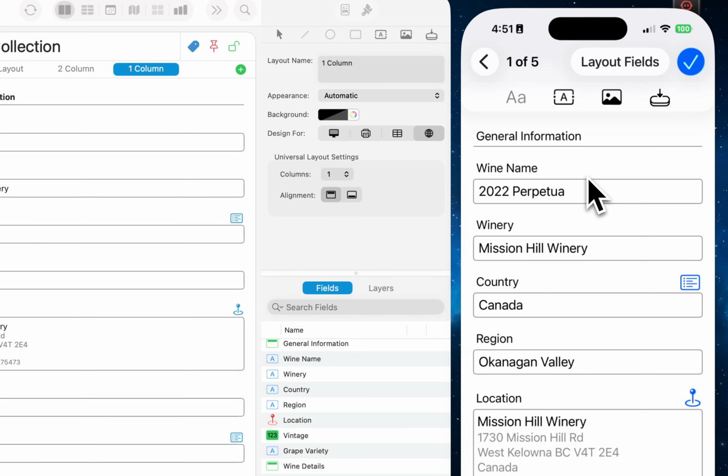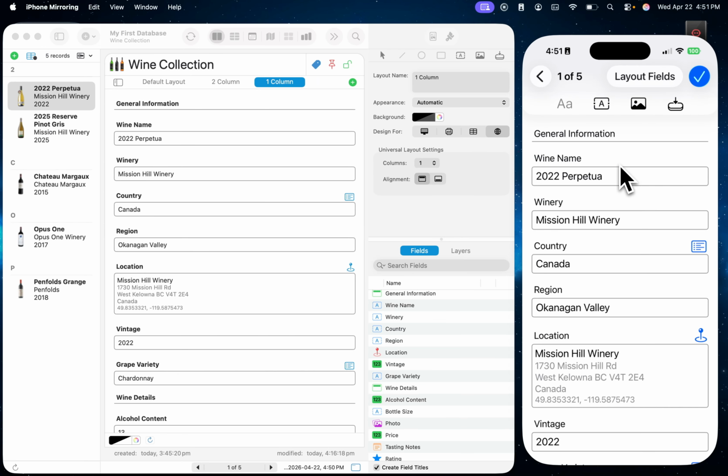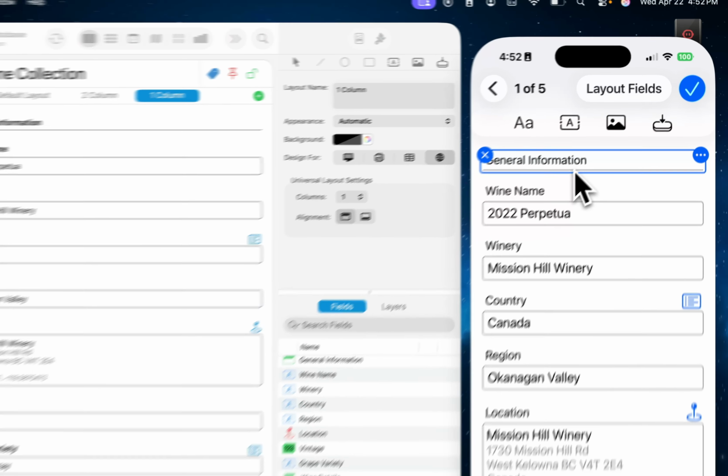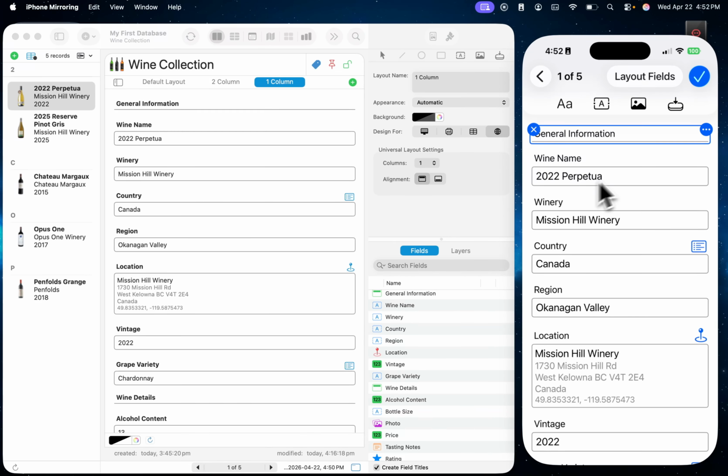So with universal layouts, the section heading fields actually become kind of important. Section heading fields, such as this general information field, are used to group other fields together into boxes and then be able to drag them around on your layout